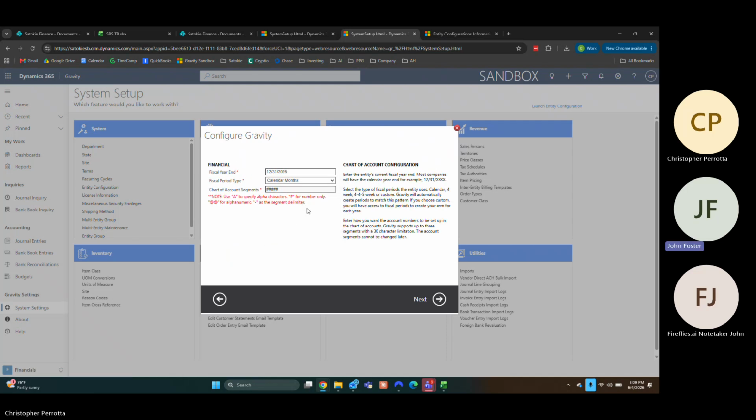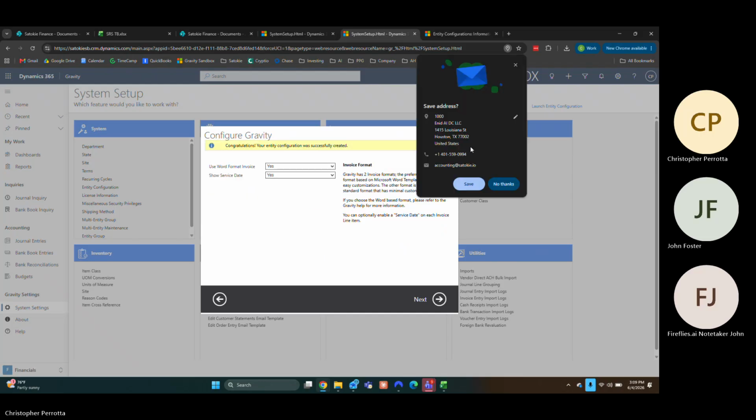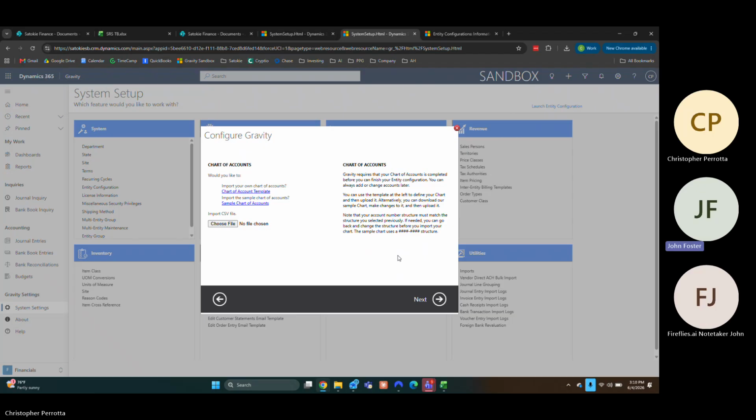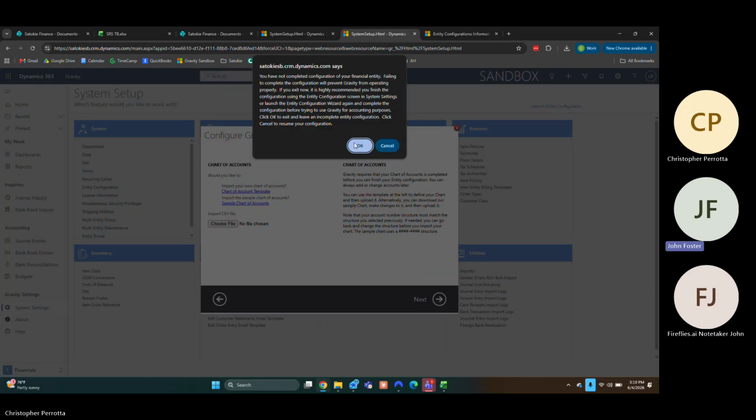Change that to 12/31. I don't know what happened there. Calendar months and 5 characters on the chart of accounts. Then go next. Okay, see the congratulations, your entity configuration was successful. Now it's going to ask if you want to import your chart of accounts. If you say next, it'll take you to the chart of accounts import, but you don't want to because your chart of accounts